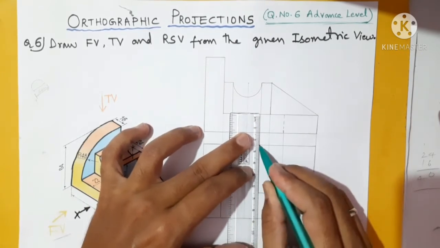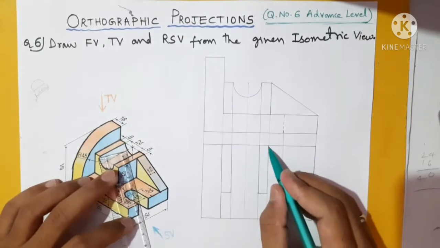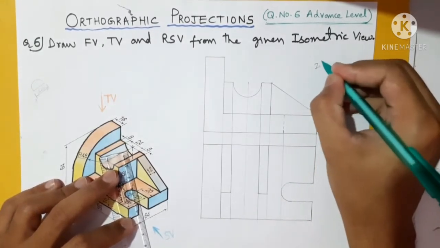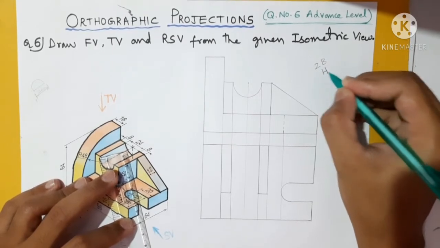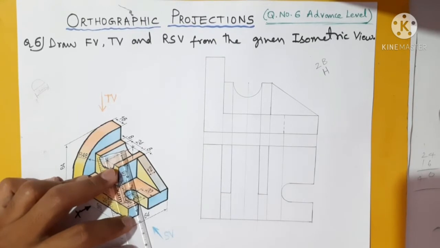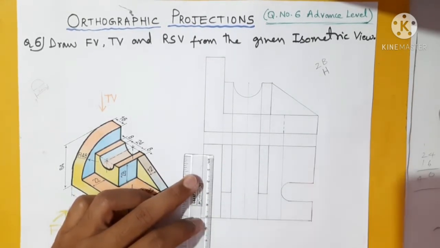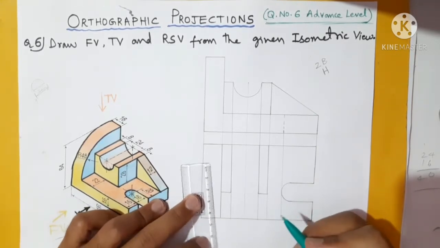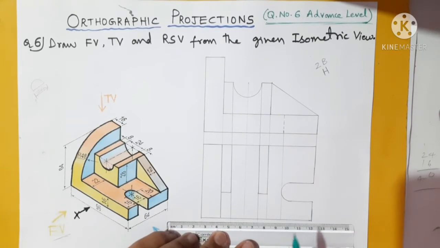So till here we are drawing the thin color diagram only. At the end we will make the visible lines with the darker one. For the darker one you can use a 2B pencil, and for the lighter line you can use an H pencil. So till here whatever we have done is with thin color only, which is visible to you. Otherwise this line is sufficient with the 2B. Dark line doesn't mean you can use a sketch pen in the exam. Normal pencils only you need to use.